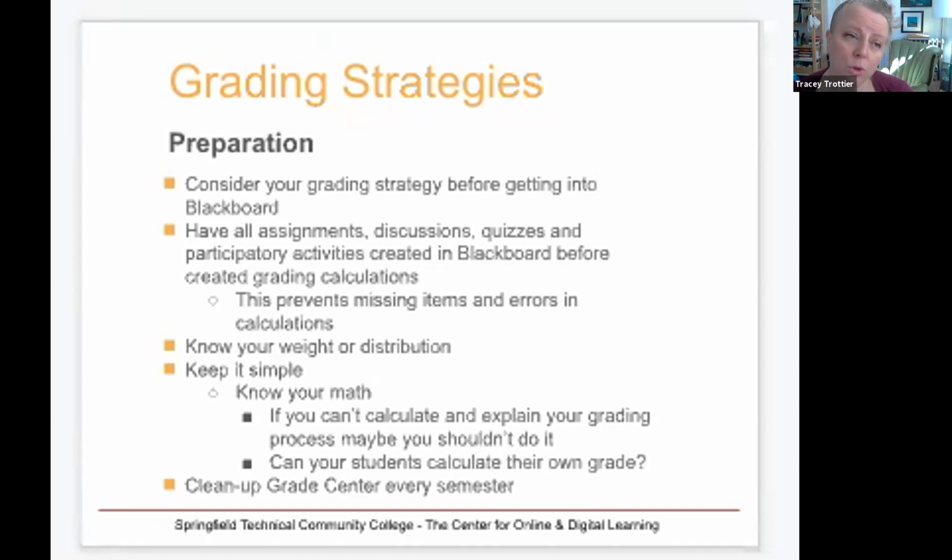When you're going to do your grading in Blackboard, you want to make sure you have all your assignments, discussions, quizzes, and participatory activities already created in Blackboard before creating your grade calculations. This prevents missing items and errors in calculation. What that means is that if you didn't put your final exam in your grade calculations, your students throughout the semester are going to think that that's their grade continuously. And then when you add that final grade at the end, it will drop the grade significantly,